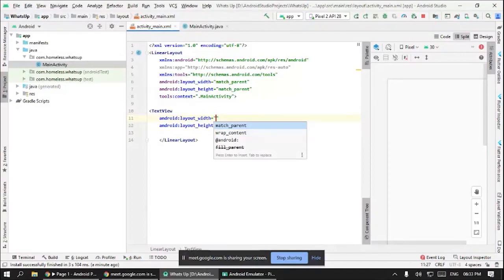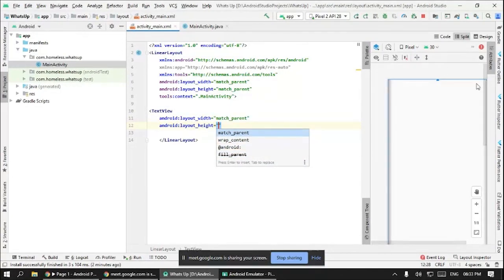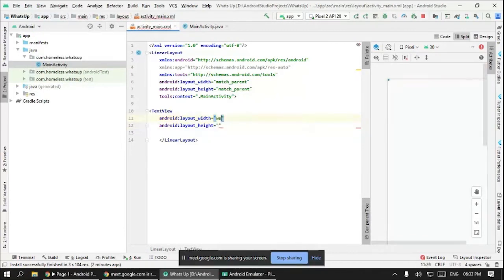It is asking me the width of the view. I have match parent, I have wrap content, I have fill parent, which is deprecated, so don't use that. Match parent means the width is the whole screen. If I put wrap content, the width is 0. This is because there is no content yet.